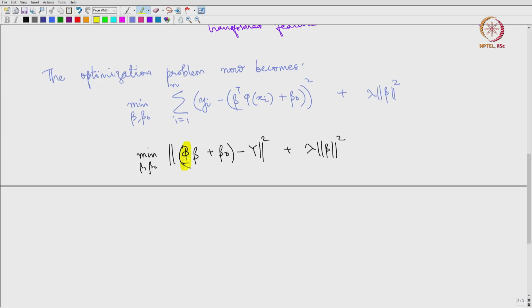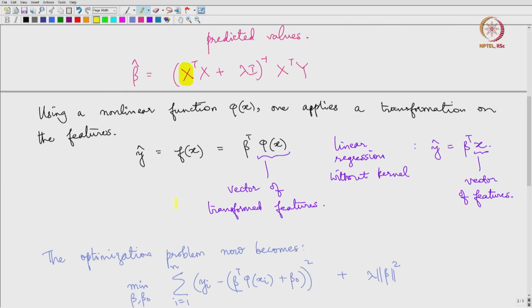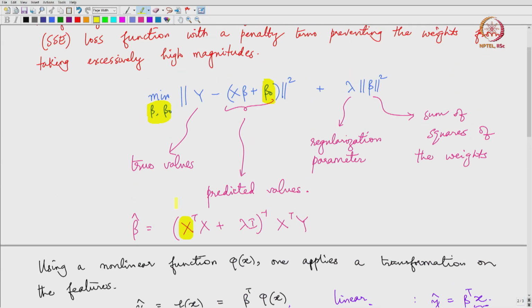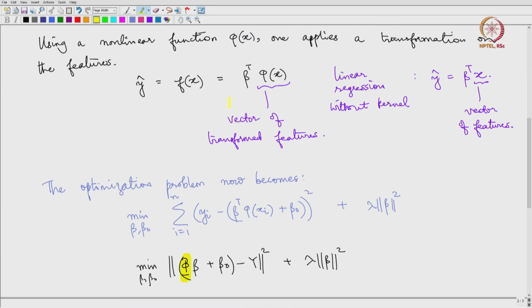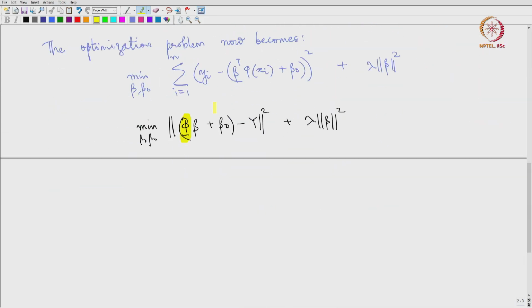Okay. So if you recall here we had a capital X matrix and now we are saying a capital phi matrix. So one can guess that this capital phi matrix is essentially a matrix where